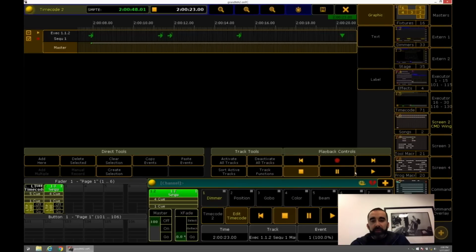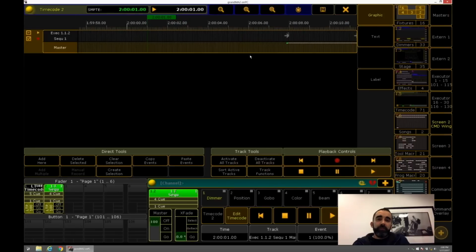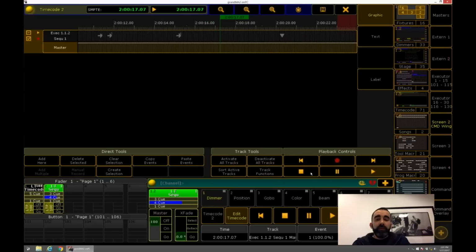Now, what would happen is I'm going to go into play mode. We see a little ticker running, and I'm going to ask my audio guy to reset the timecode to start from the top. So now the little ticker's running, and I'm in play mode, which means when I hit this first event, it's going to trigger my cue. So Q1 went. Now I'm going to hit 2 events in order. Cool. So that's good so far.